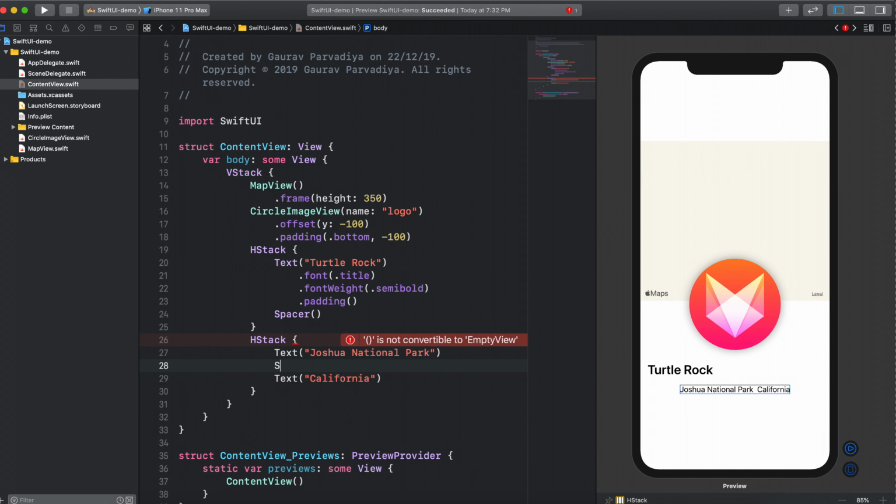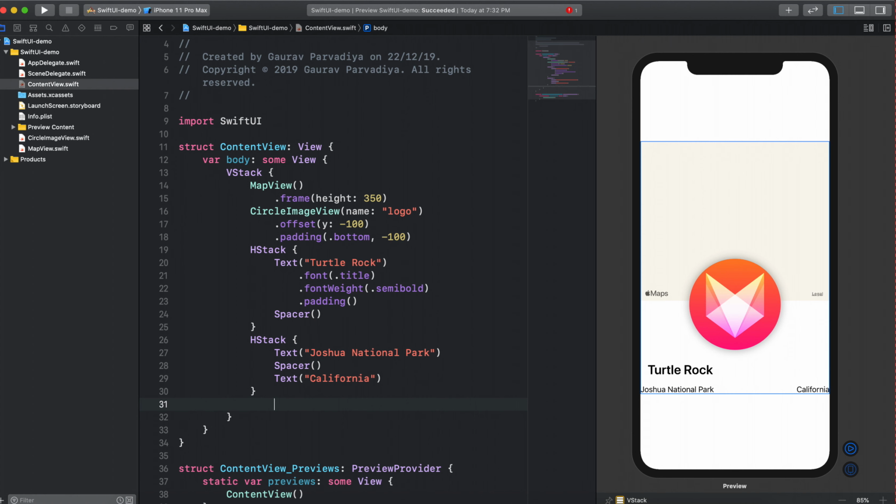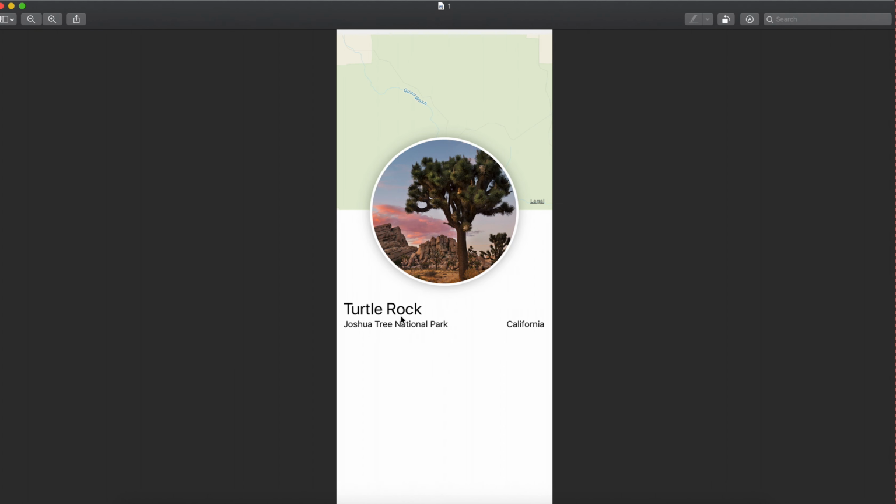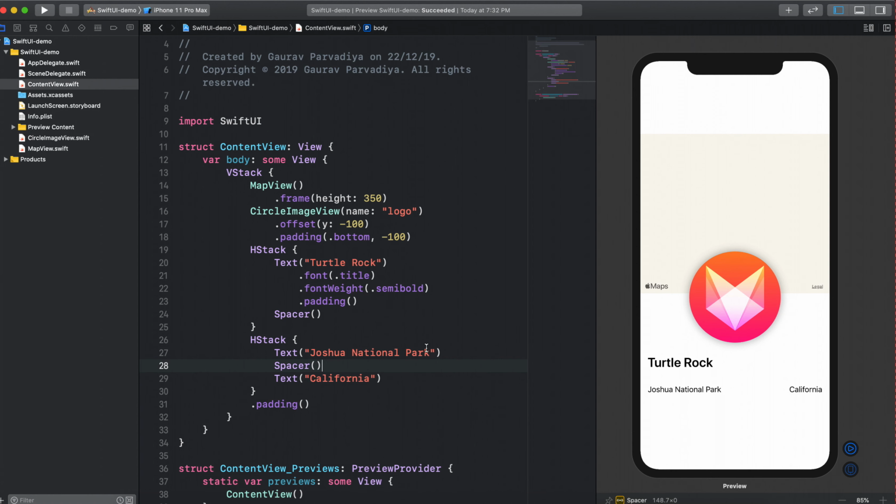California and add a spacer in between to use the full space. And then instead of giving the padding to both of them, let's give the padding to the text directly. Perfect. Now I still have a little problem: the spacing in between these two parts is much higher than what we want. So what we can do is that actually we can pass